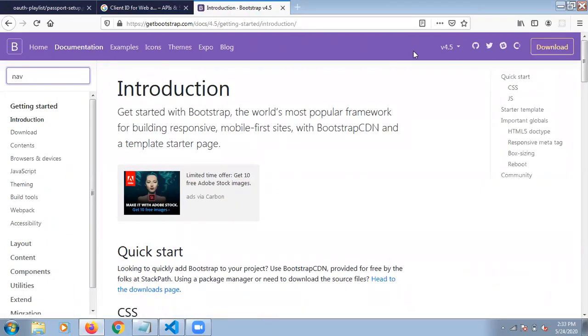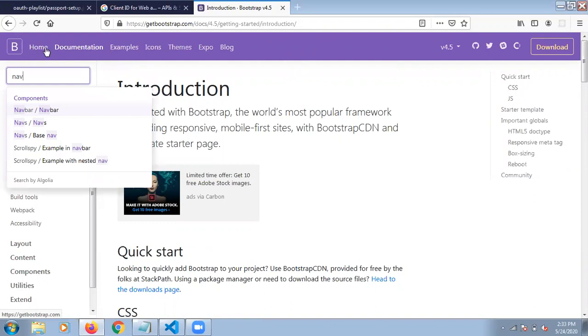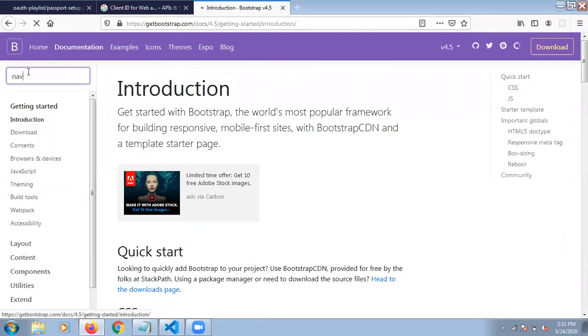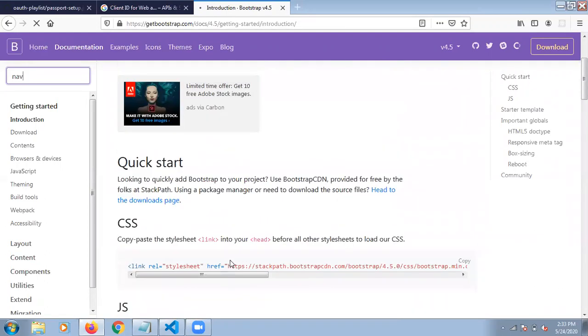And this is the navbar. Here all the icons are there, the items are there, their logo and their documentation. We are not using all the things. We are using three options: a login, a profile, and a logout button, and there is also a dashboard if you want to use it. Just search for navbar and all the code comes up.